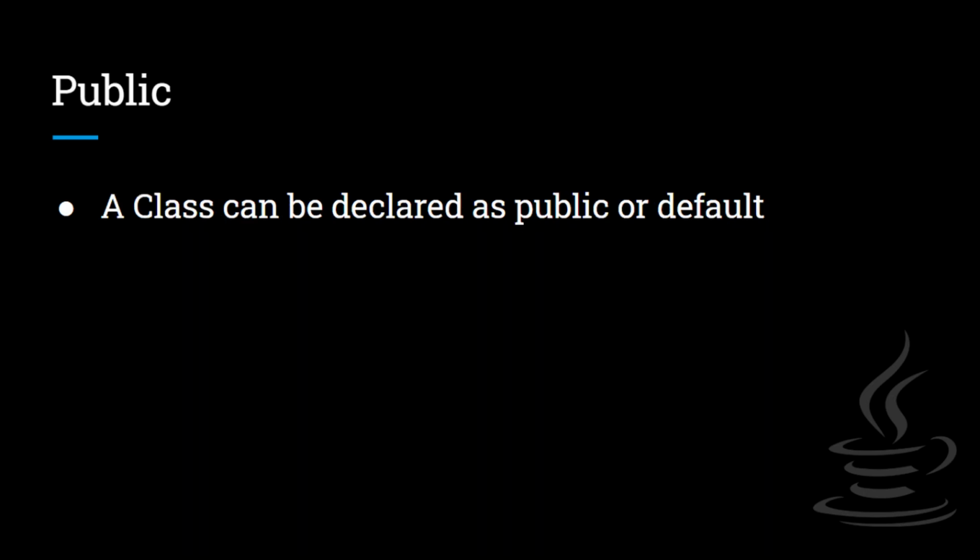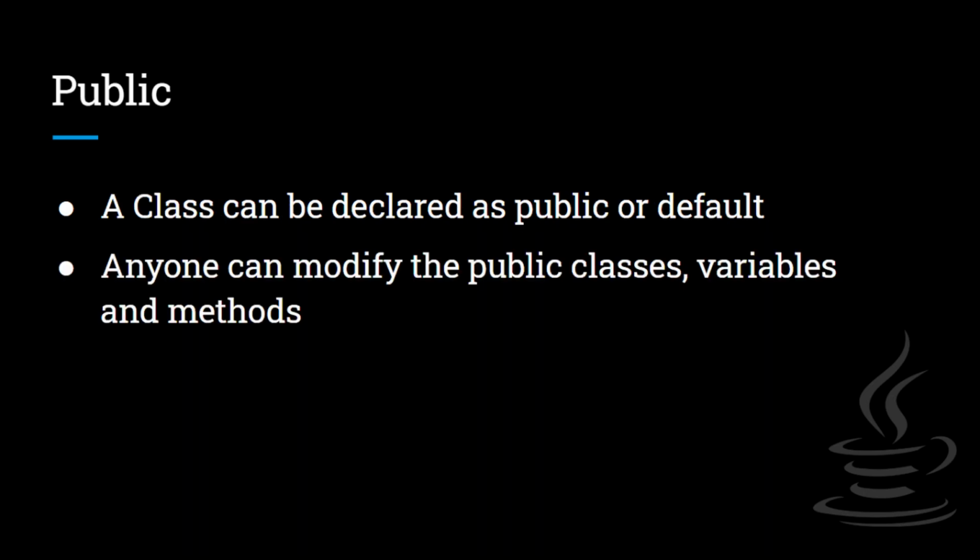The classes can be declared either as public or default. However, it is not considered a good programming practice to declare member variables and methods as public, because these data members can then be easily accessed and modified by the users. This is the reason data hiding mechanisms are implemented.